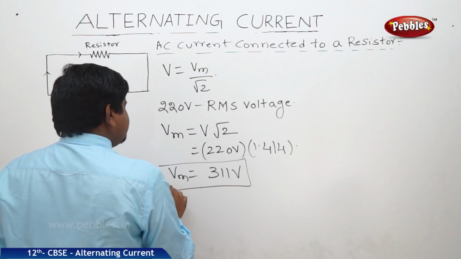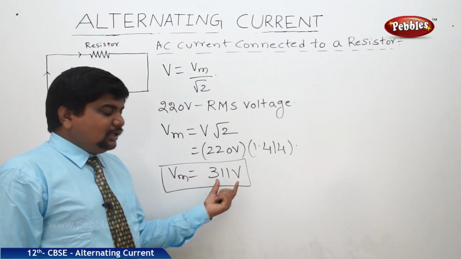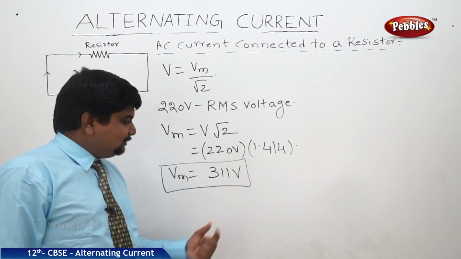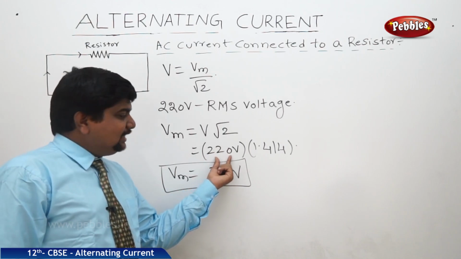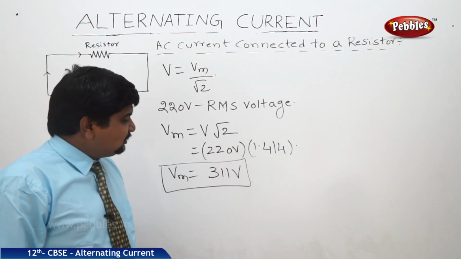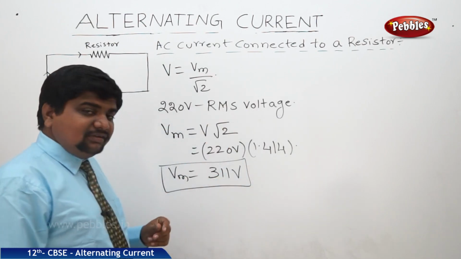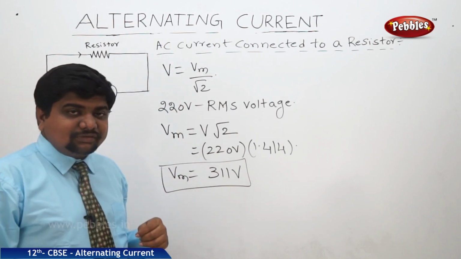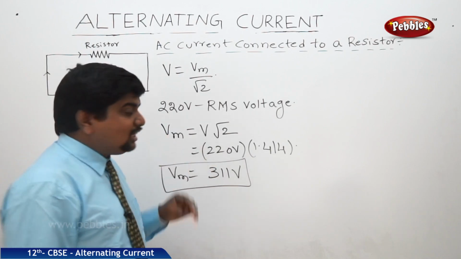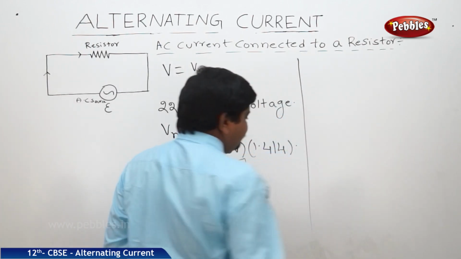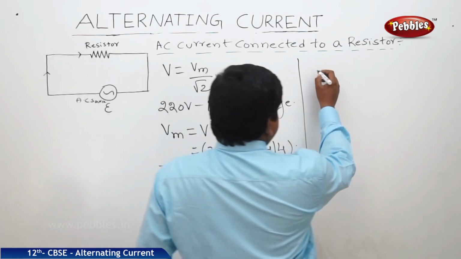This is the maximum voltage. But we are not finding this much when we are using electrical appliances for domestic purposes. We are finding only this much. That means we are using the RMS value. We are finding the RMS value of the voltage. With respect to the RMS voltage, we are finding the RMS current, and the remaining physical quantities associated with the alternating current. Suppose V and Vm are rotated like this, what about I and Im? There is a phase diagram between the RMS current and maximum current. The diagram is like this.